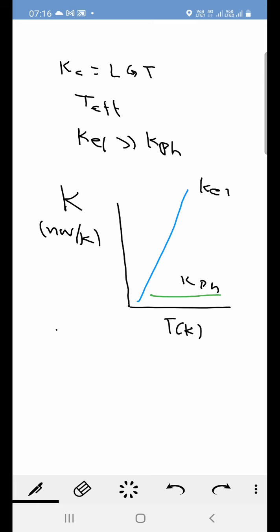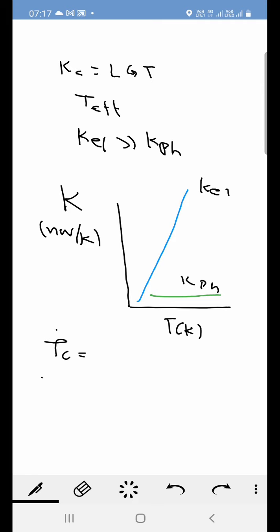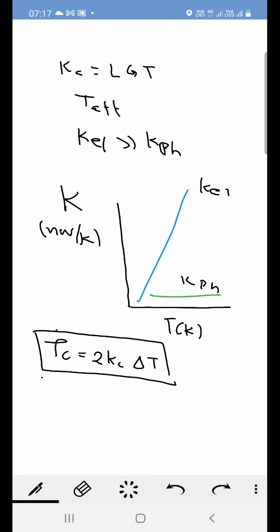Now, the energy dissipation at the nanojunctions in these situations. We had previously written for the steady state form that rho c is equal to 2 kc delta T; this formula we had introduced earlier. So this rho c is the heat dissipation per unit time. So if we plot rho c